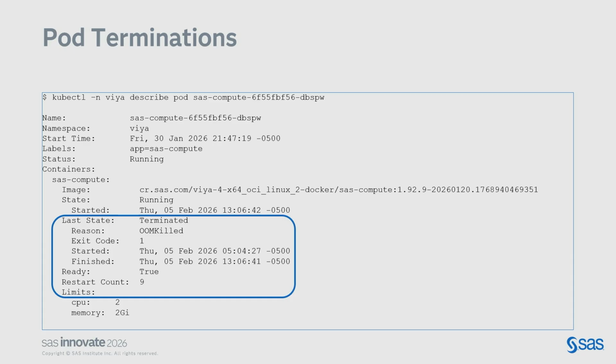It gives you the reason, which says, well, it was an OOM kill. That means it ran out of memory. And I can see that it restarted a total of 9 times and gives me the date. So again, the last couple slides really just give you those first bits of nuggets to start looking into, like I said earlier, where do I need to start drilling into, right? So if I start seeing a pod that has got an OOM kill, that's my first clue. That's something I'm going to start needing to look at, okay?